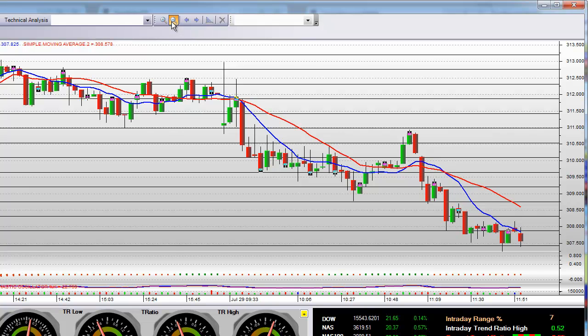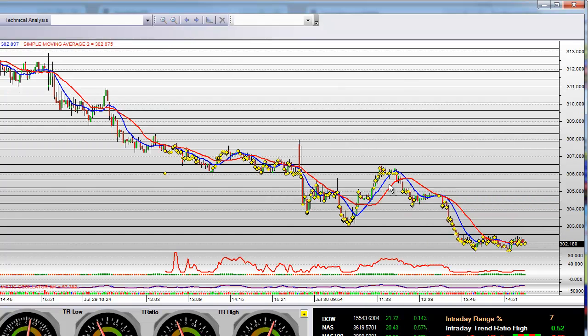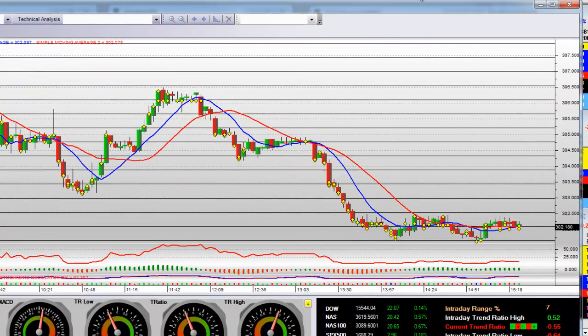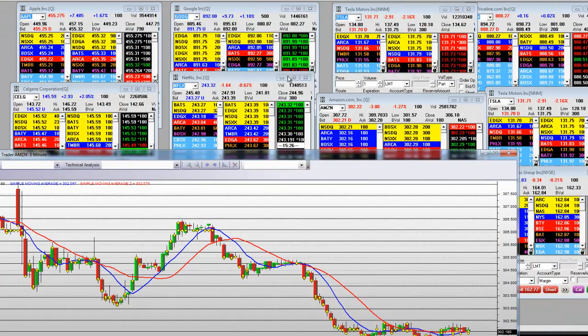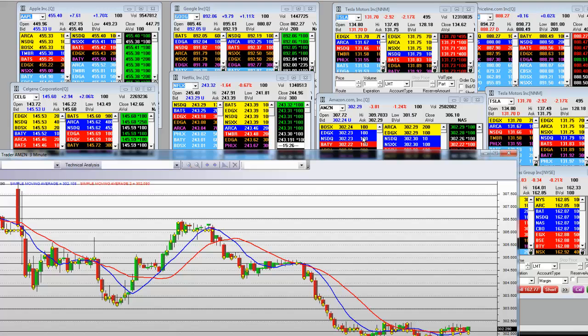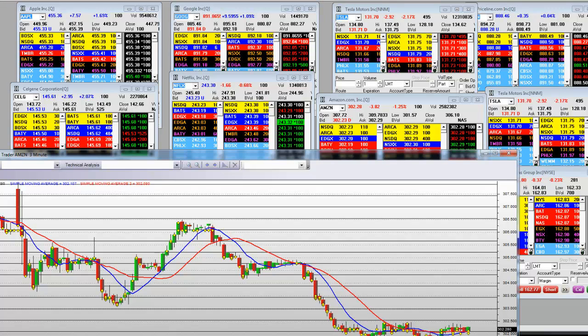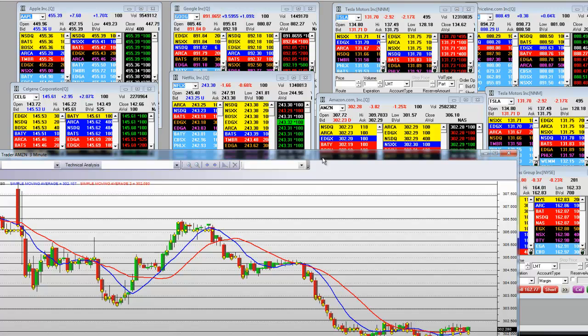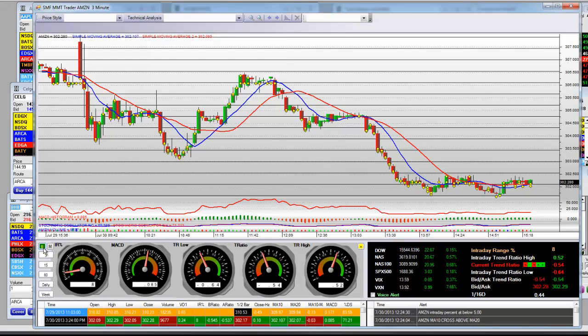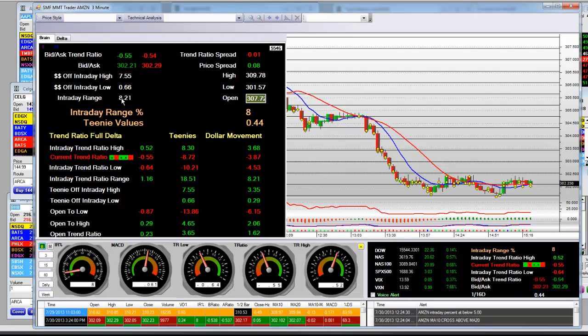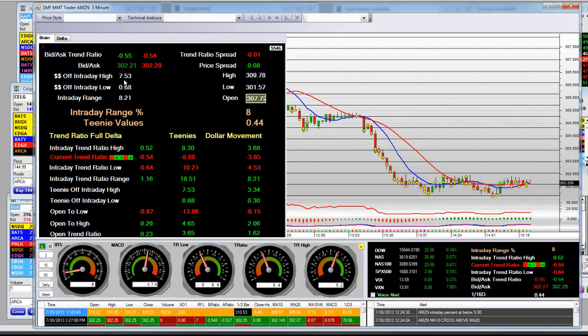And then we get over here and we have the same behaviors in price, and that is where equities can enjoy a nice sell down across the board. And Amazon did quite well. It did almost $8. So the total range for the MMT is, you always look for the intraday range right here, 8.21. And look at your $7.53 off of the high, and only 68 cents off of this current low